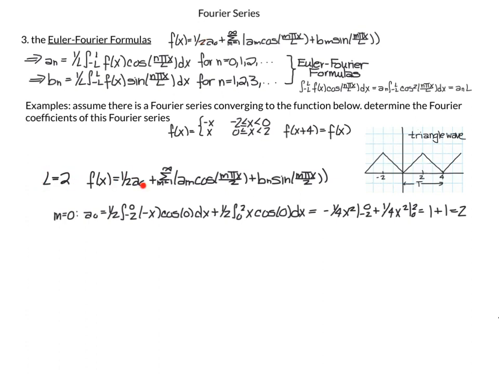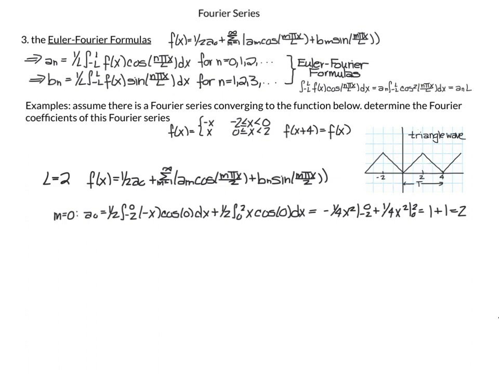here is 1/2 a naught plus the sum from m equals 0 to infinity of a sub m cosine, and now L is equal to 2, m pi x over 2, plus b sub n sine of m pi x over 2. So when m is equal to 0, we can get a naught. So a naught is equal to, using our formula here for a sub n, 1/2, remember L is equal to 2,